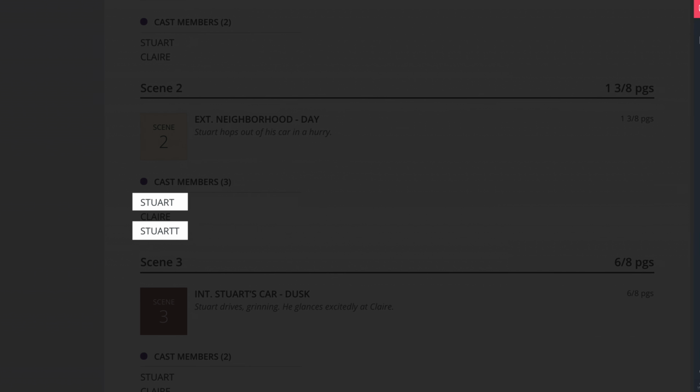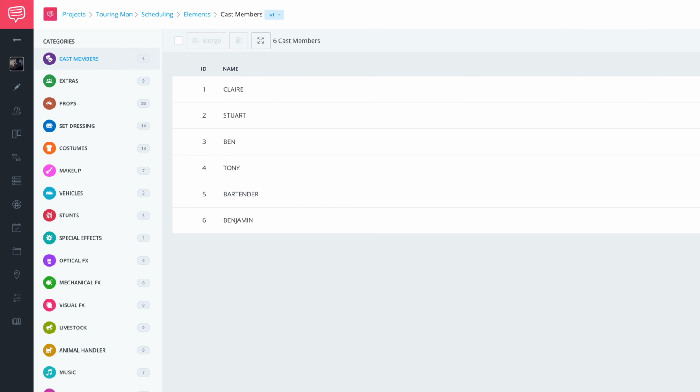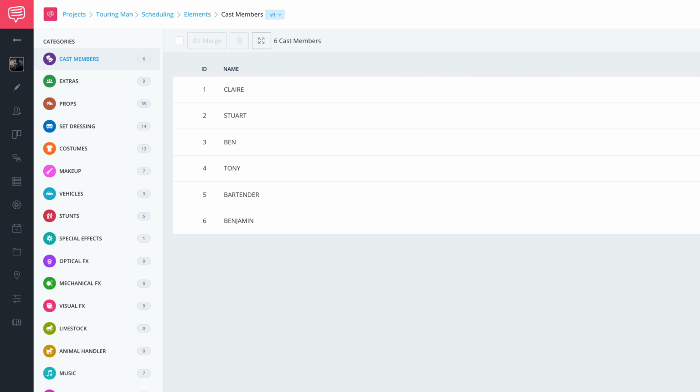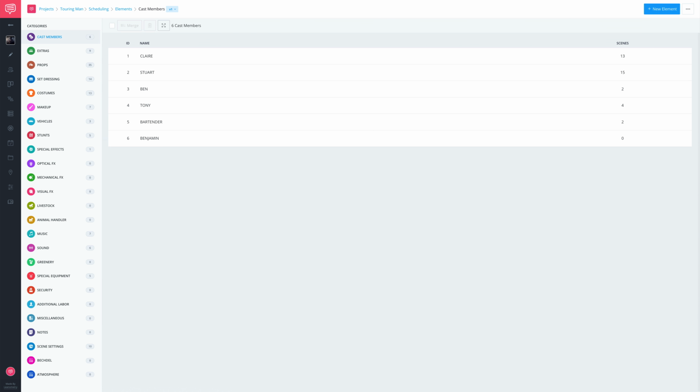To manage cast, go to your cast members page. This is where you can reorder your cast by their ID numbers listed here. See the scene count for each character listed here. A cast ID is a number used to reference a cast member on a strip